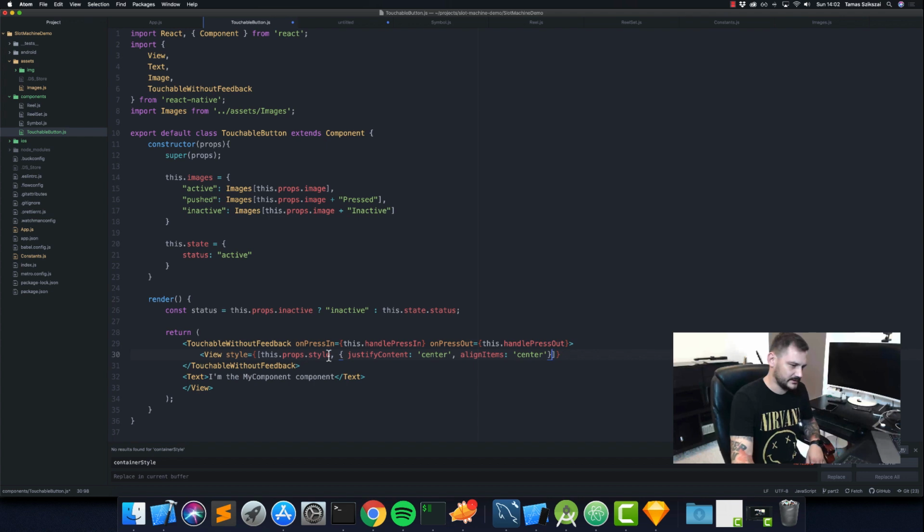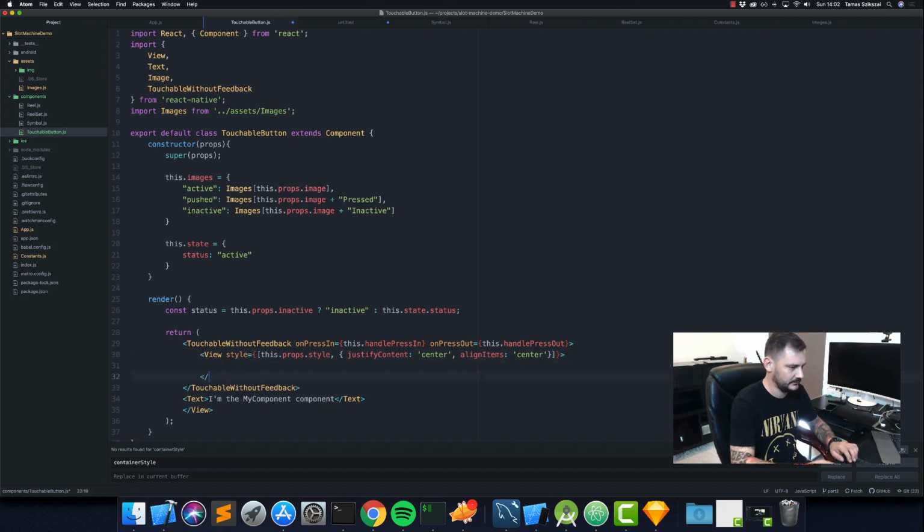I could define this in this.props.style, but this is kind of a common styling, so why repeat ourselves? And image source equals this.images status and style